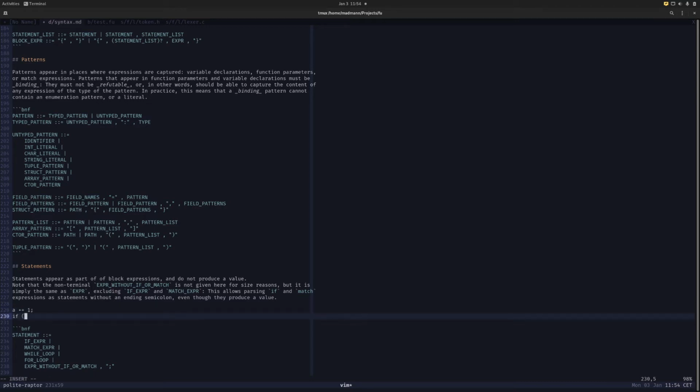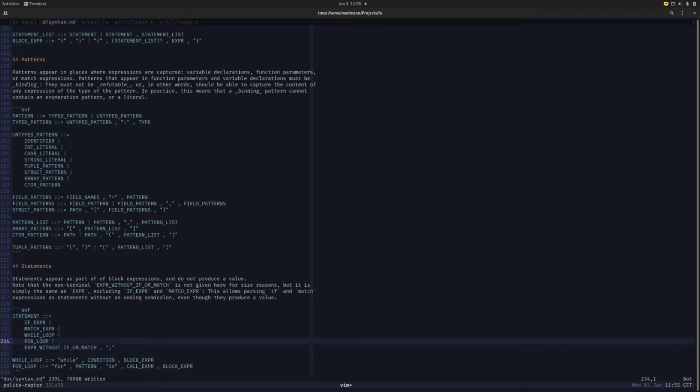But I don't want to have to write a semicolon after an if, right? Because that would be annoying. I would have to write a semicolon because I ignore the result of the if. The if here types as void anyway, so it's an empty tuple. But I don't need that result anyway. Void doesn't have an interesting value to care about, so writing a semicolon at the end of this is a bit strange. I want to be like Rust, so I want to allow this syntax here and say that whatever appears after that is also a statement, so I can do a plus equals 1 after that without having to write a semicolon. So that's the idea,